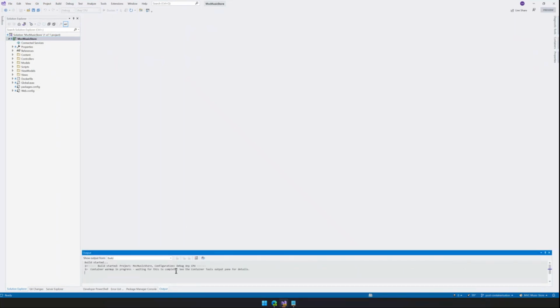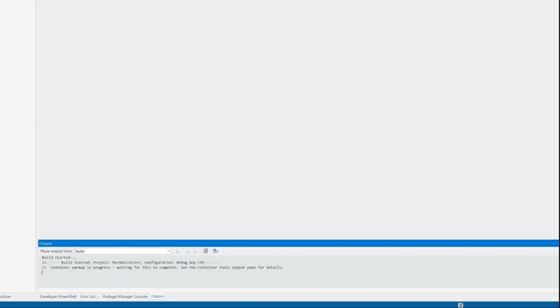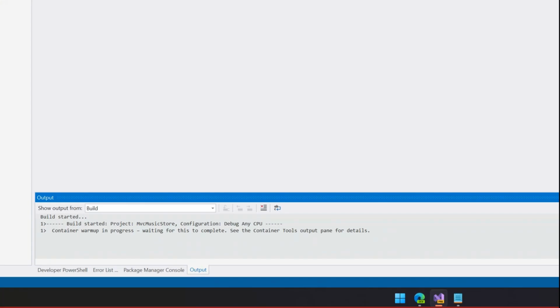So down the bottom here, what you'll see is container warm up in progress, and then it will basically work as it did previously with running inside of IIS. It's going to take a little while longer to do this this time because I did the rm on the Docker image before when I was having the DLL copy issue.